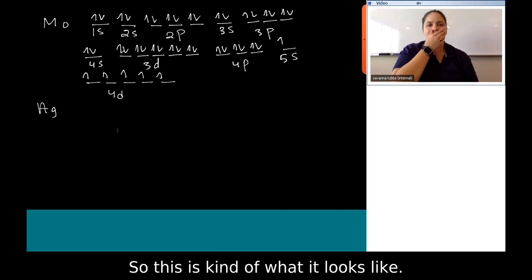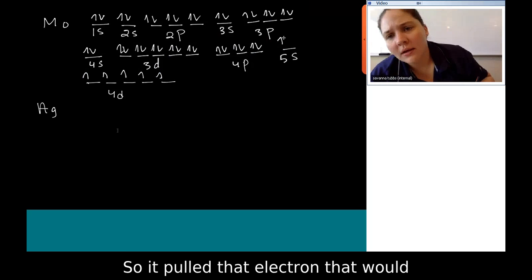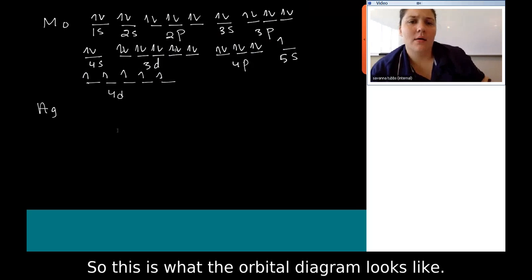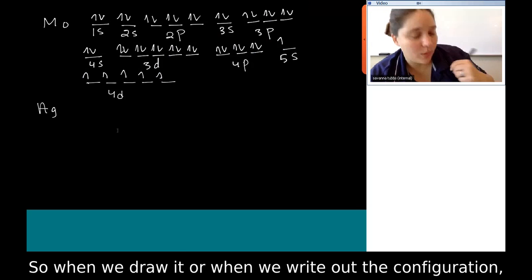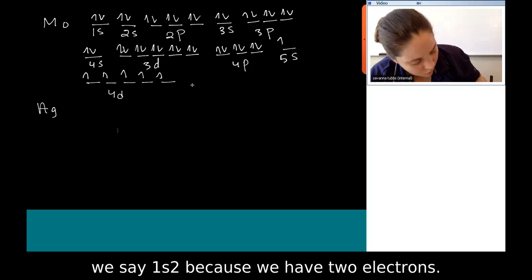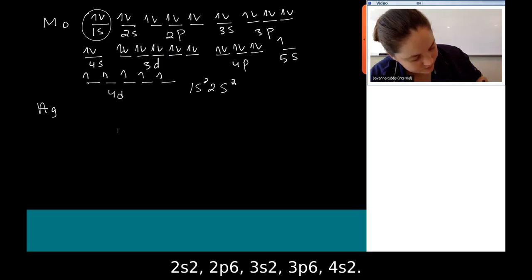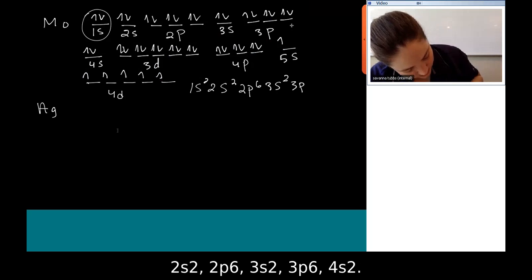So this is kind of what it looks like. So it pulled that electron that would have been right here as a down arrow, and it put it right here. So this is what the orbital diagram looks like. So when we write out the configuration, we say 1s2, because we have 2 electrons, 2s2, 2p6, 3s2, 3p6, 4s2,